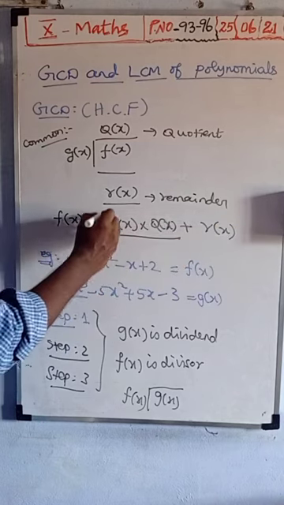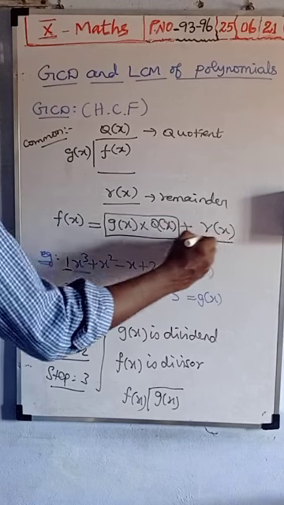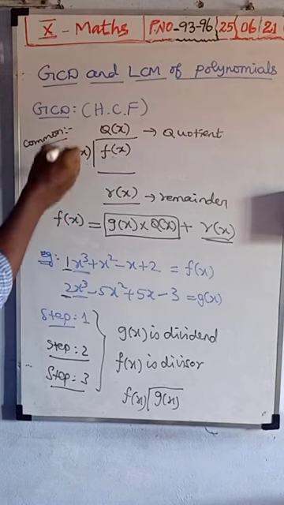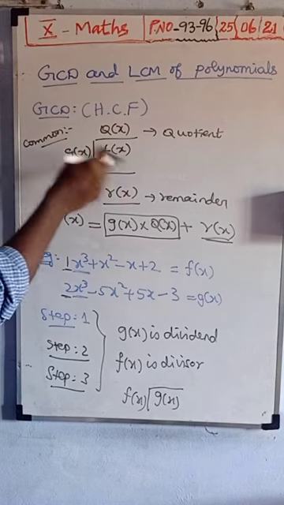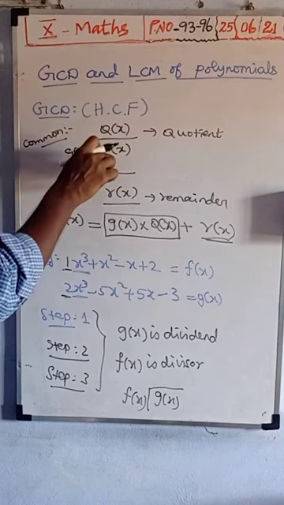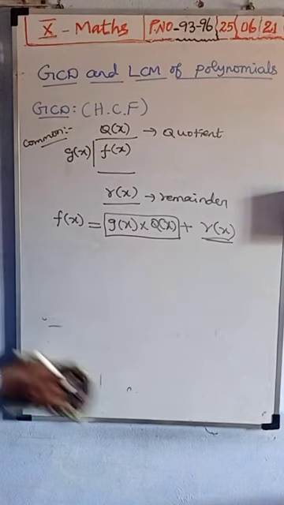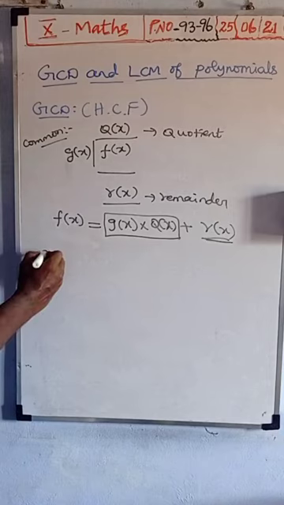Okay, so see, will you understand this? The given polynomial we can write in the form where you multiply with the quotient and add the remainder, and then you will get the given polynomial. Okay, so this only I have explained for a sum.